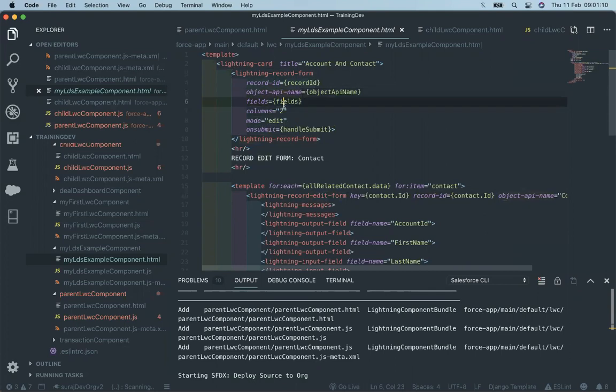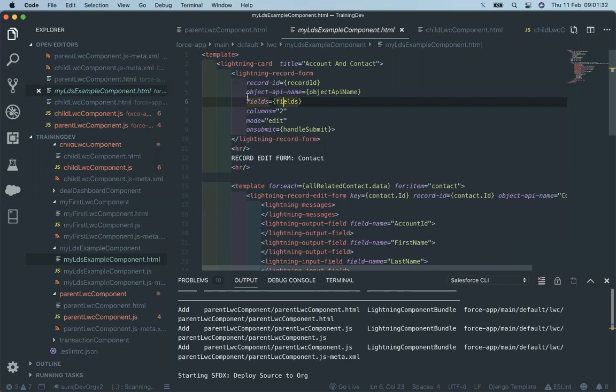One more thing is that we have no control over the fields. Suppose some of the fields I want to make editable, and some of the fields I don't want to be editable. At that moment, there is no control over that on the record form, but it still inherits the permissions. All the permissions are still available on the record form.